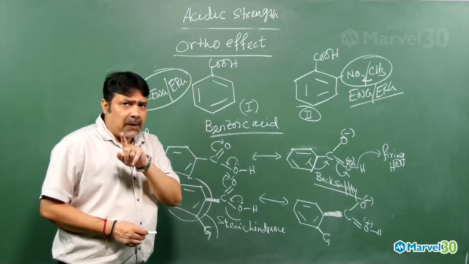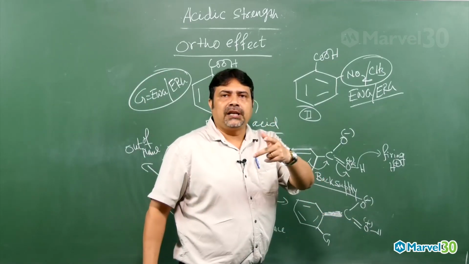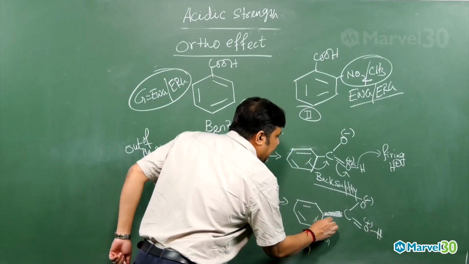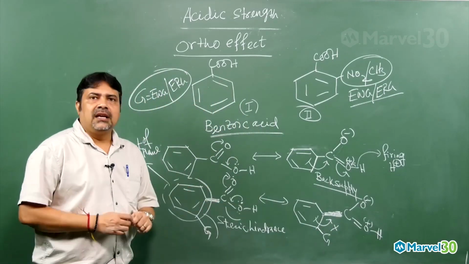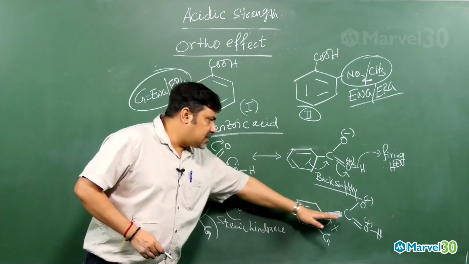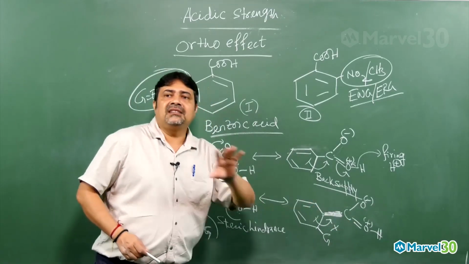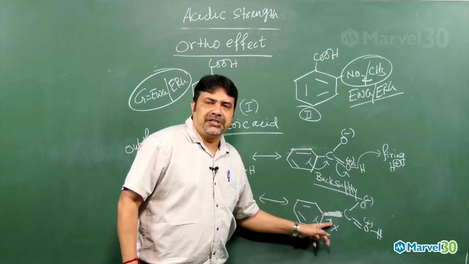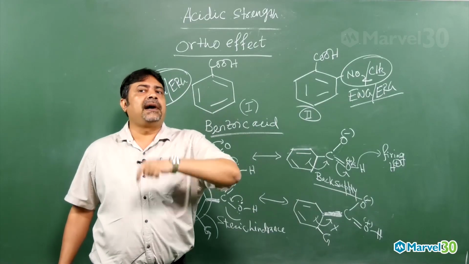there is only one possibility to get the neutrality of the oxygen, by firing the H plus. But here this back supply of electron is not possible, because for the resonance to occur, the pi electron and the whole structure will be in the same plane. But here this structure and these things are not in the same plane. That is why back supply of electron will not be possible from the benzene ring. There is only one option to get the neutrality of oxygen, by firing of H plus.